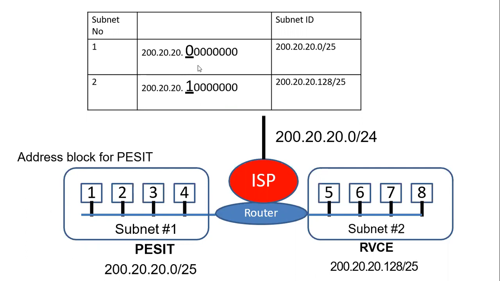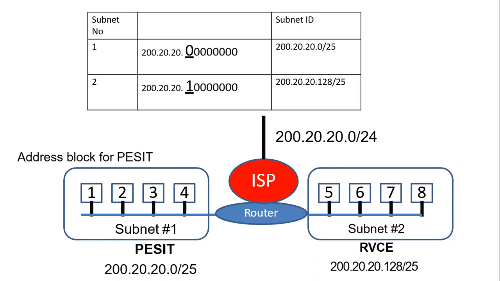Okay, you can see the bigger size is the position where the network ID is borrowed. This actually belongs to the host ID. But since we're dividing one network into subnets, this 1 bit is sufficient. And how many networks are we creating? 2 networks. So 1 bit is sufficient to identify which subnet it is. In 1 bit position, you can take either 0 or 1. Now this becomes your network ID and the remaining bits are used for your host ID.